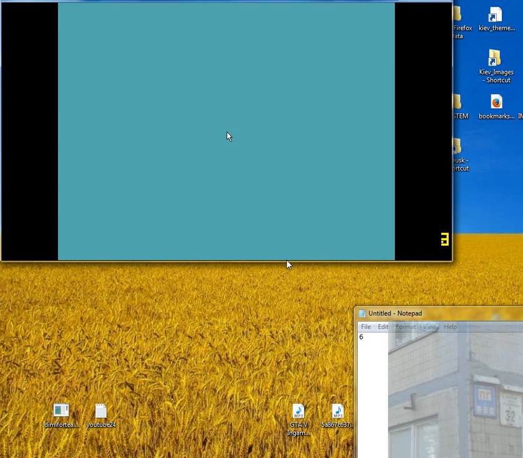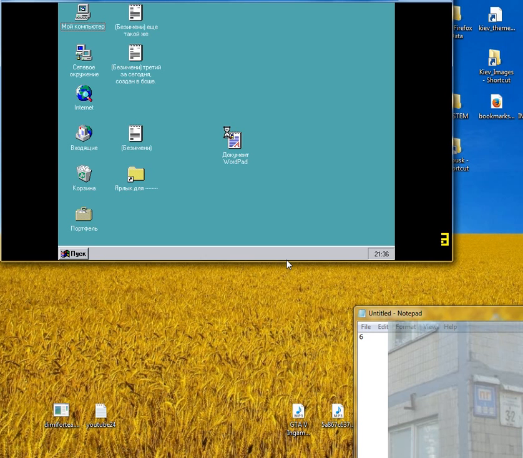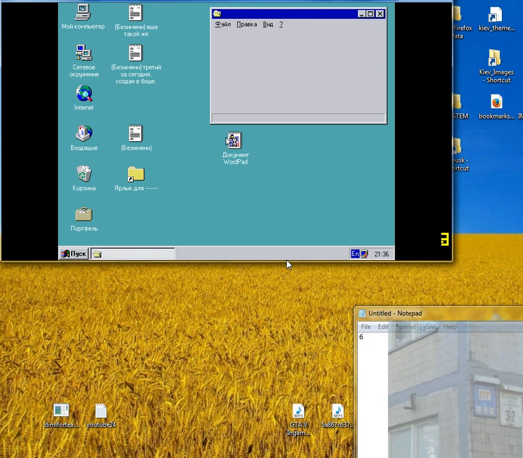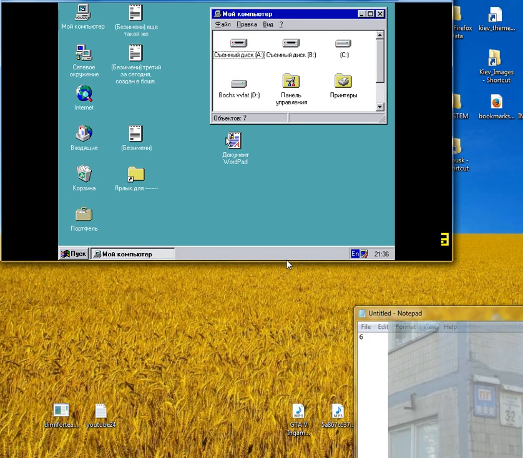This application works with any language, so you can give any name to your file right here, right in emulated Windows 95. But no, not this mouse. This mouse. But